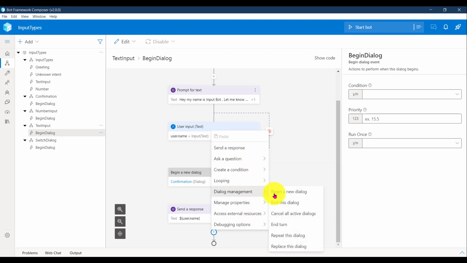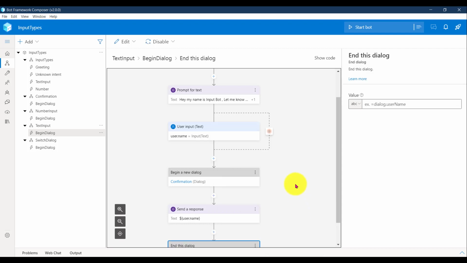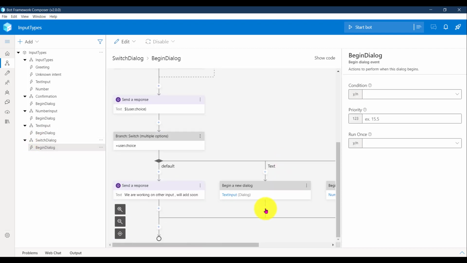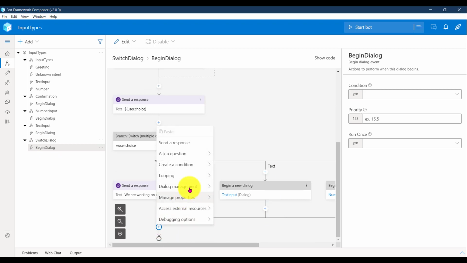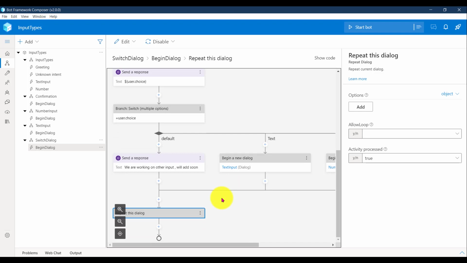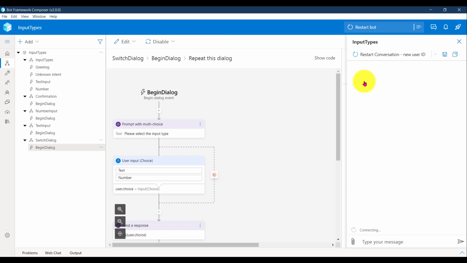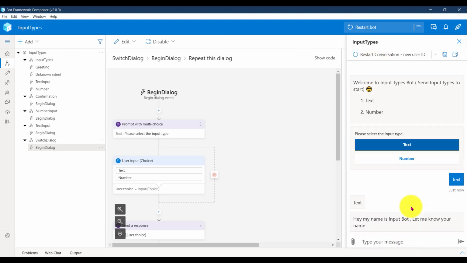Go to dialog management, end this dialog. So go back to here, switch dialog. Here we'll add dialog management, repeat this dialog. Restart. Open in web chat. Yeah, so I click text,